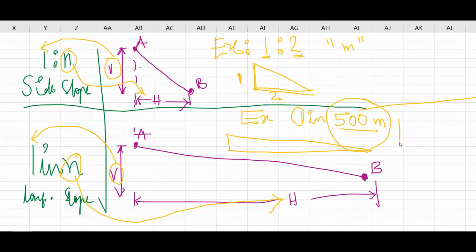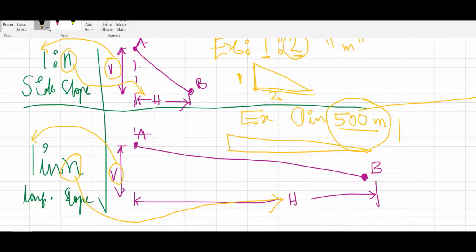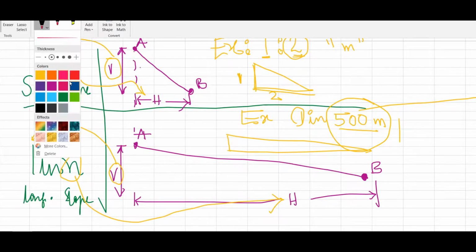So this value tells how much slope it is. This value represents how intense the slope is.